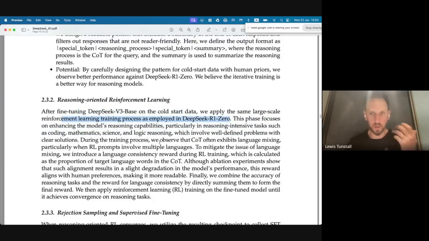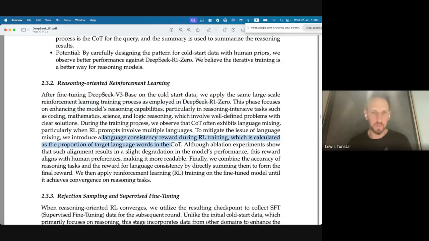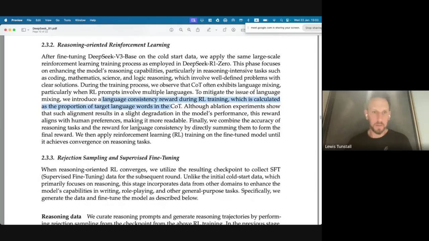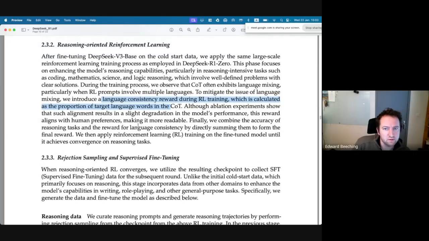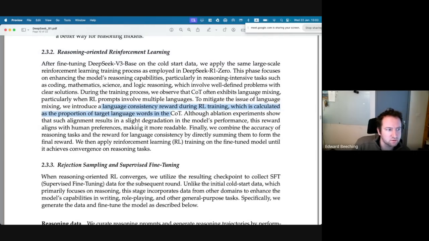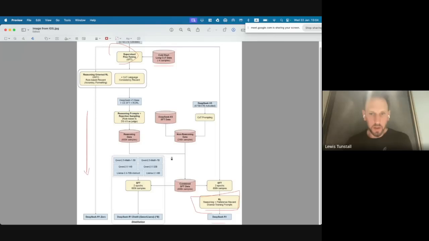So now I guess they're using the same reward functions plus this additional language consistency thing. There must be another RM for the more ambiguous prompts, like the English language prompts, the ones where the answers aren't verifiable. Yeah, but I think though they do